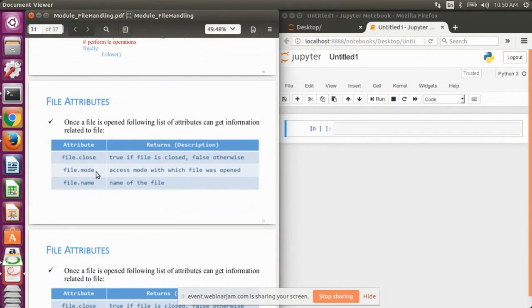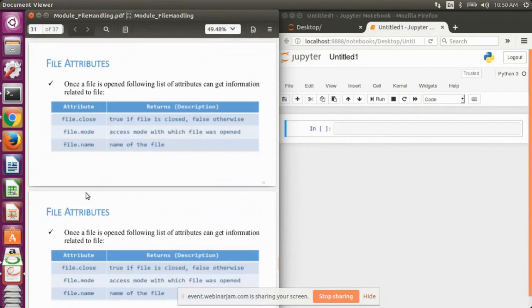To print the file name, we can use the object name of the file object and then dot name. So this will return the name of the file. Fine. I will show you what these commands are and what kind of result they return.